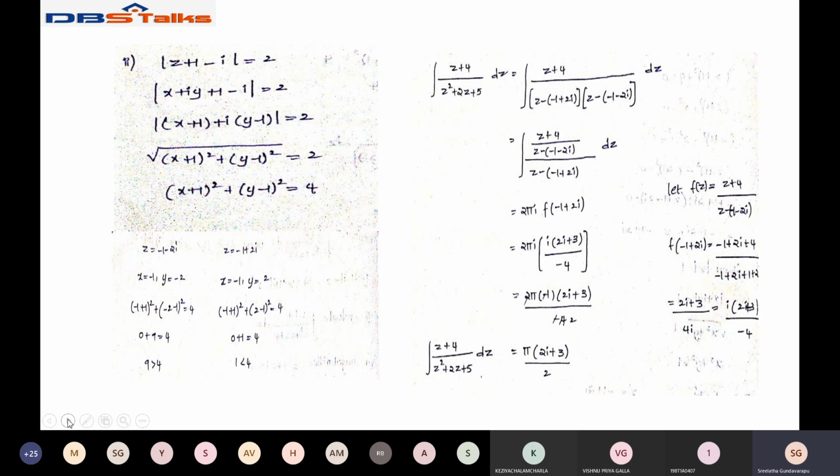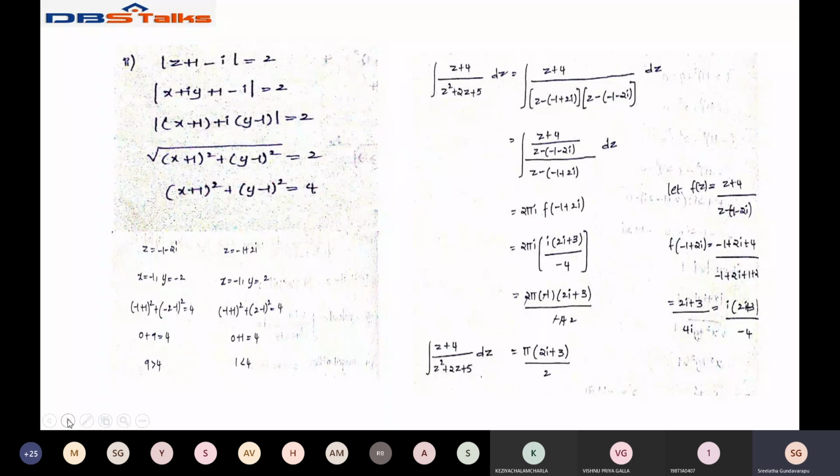Therefore, the given integral is ∫ (z+4)/(z²+2z+5) dz. Already we found the singularities: z²+2z+5 = (z−(−1+2i))(z−(−1−2i)). So that equals the integral of (z+4)/[(z−(−1+2i))(z−(−1−2i))] dz. Now we have to write